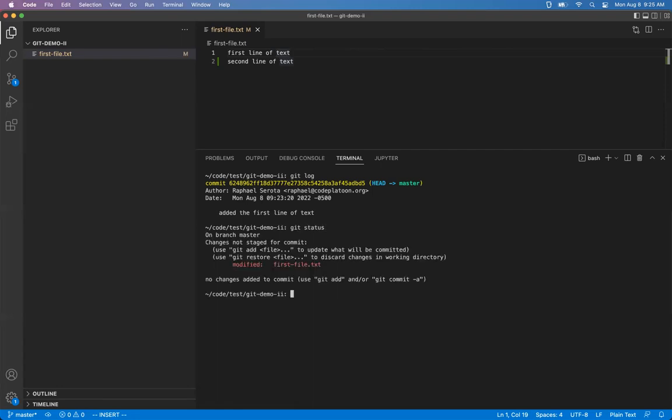So Git Status, showing me the same thing as before. I've got this, changes not staged for commit. Need to stage these to tell Git what I want to commit. Git add dot, Git commit -m, edit second line of text. So now Git Log